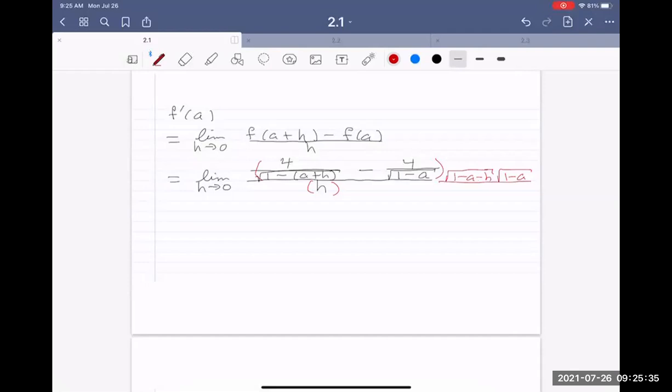Just simplifying the denominator here, changing all the signs inside the parentheses. And so 1 minus a minus h and 1 minus a. Okay, so this is equal to